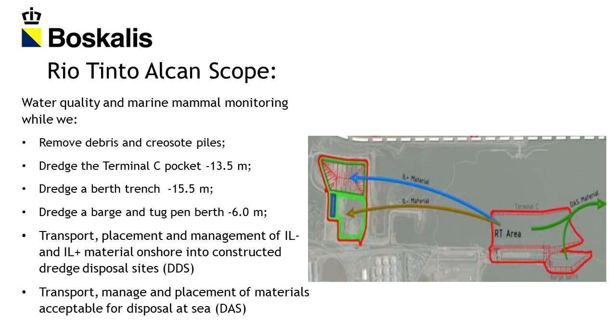Our Rio Tinto Alcan scope of work includes water quality and marine mammal monitoring, removal of debris and creosote piles, dredging the terminal sea pocket, dredging a berth trench, dredging a barge and tug pen berth, transport, placement, and management of IL- and IL+ material at the onshore dredge disposal sites, transport, placement and management of materials deemed acceptable for